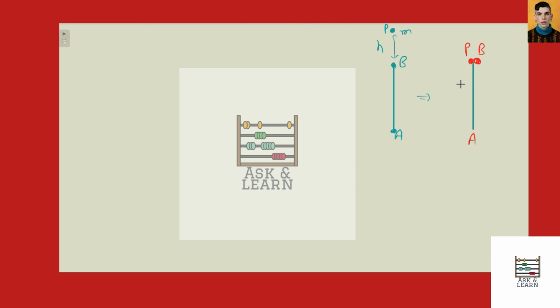Now in the first part we have to find the angular momentum and angular speed of the system just after the collision. So let the particle P collide with the ball with a speed u, and the system moves with the speed v just after collision. This is the speed, and the speed of the system is v.